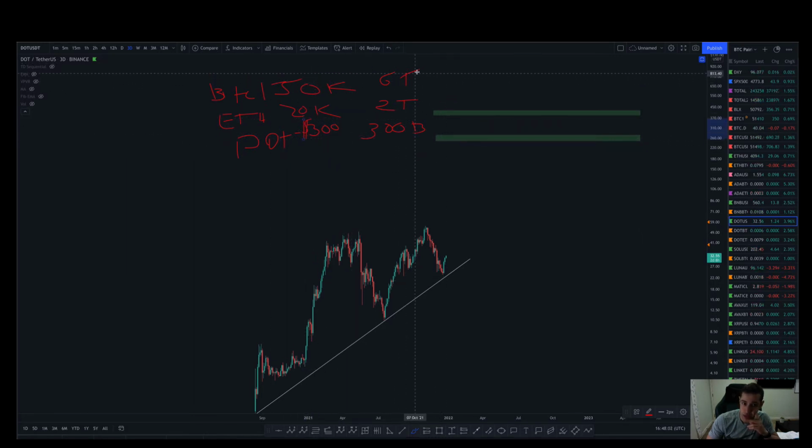So if you think about that, that is actually also a scenario, and I'm talking about market peaks here. Okay, that is a scenario that is not too unreasonable. If you think that BTC and ETH are hitting these targets, you should be expecting DOT to hit these sort of numbers as well. Okay, because at the minute BTC is at 2 trillion, ETH is at $500 billion, and